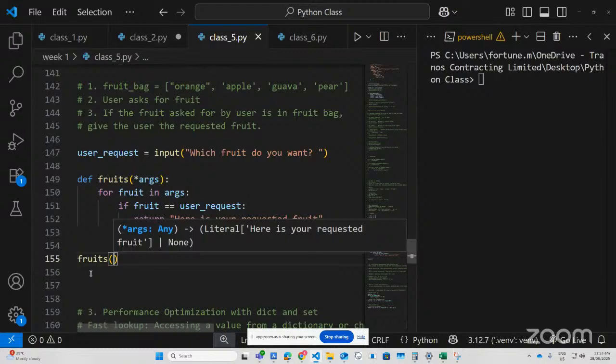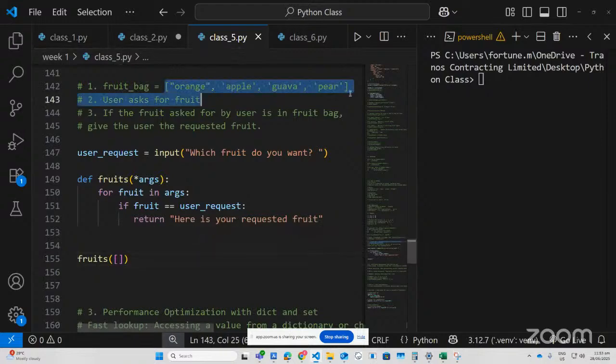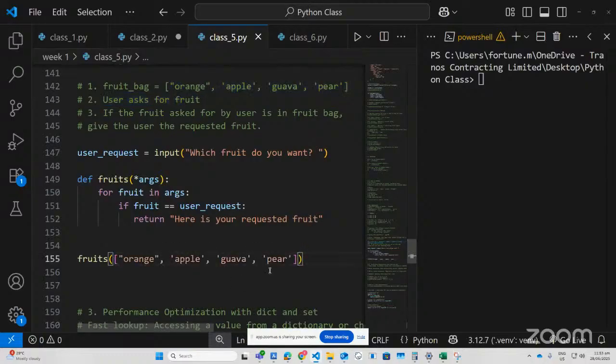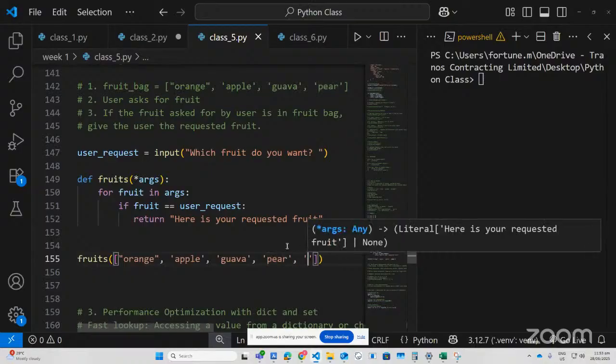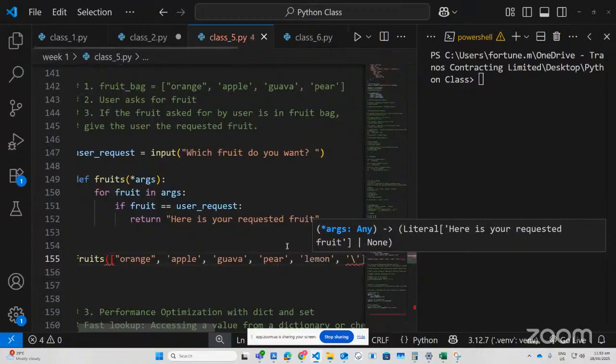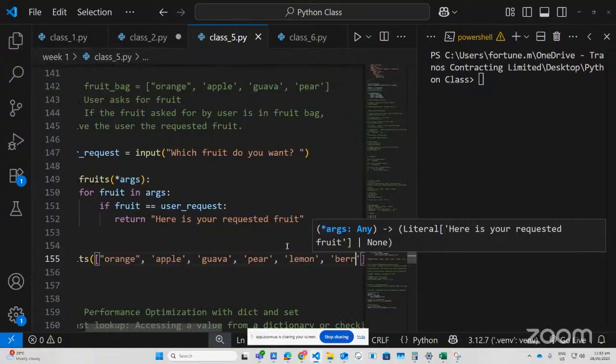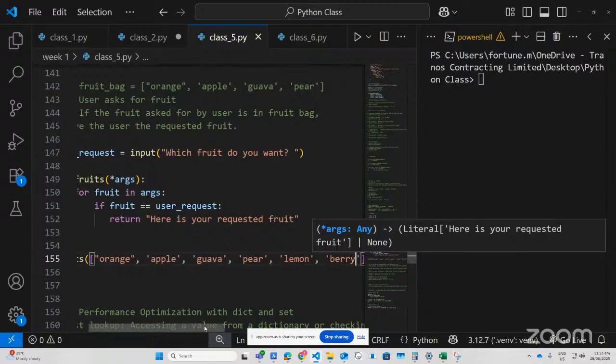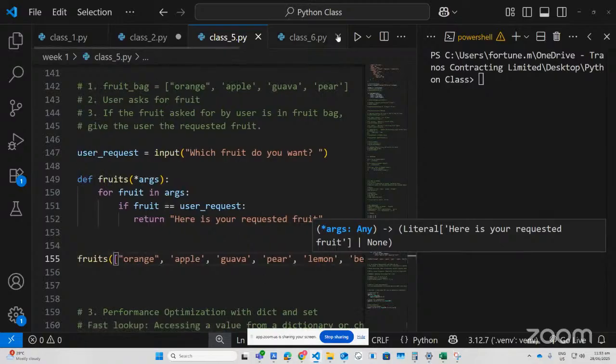Right now, in the end, I can decide to put in the quantity of fruits I want. So I can even add more now. I can just add lemon, berries, right? So if I run this,